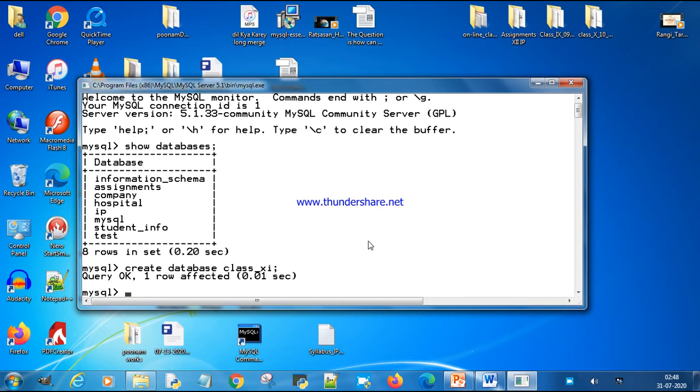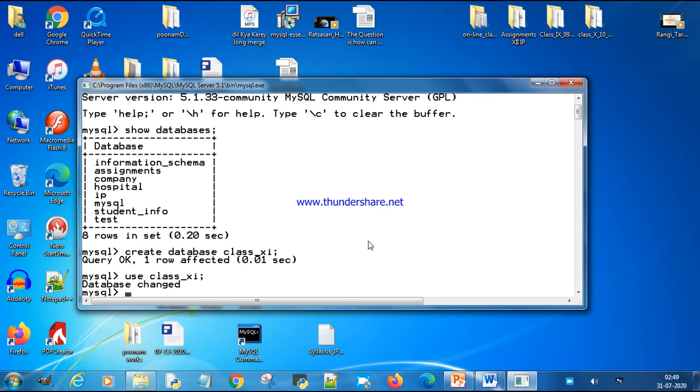Now I'm going to create a table inside this database. For this, first thing I need to open it. So to open the database, I'm going to use the use command. Use class11th. Let's see the list of databases once again.